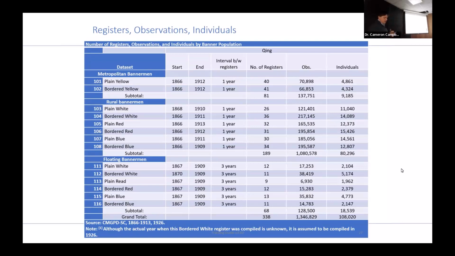I don't think the data is further organized by the banners, which this could turn into a Qing history class if I'm not careful. But the military organization, the conquest army that formed the Qing dynasty, had eight banners, as they're called: plain yellow, bordered yellow, plain white, bordered white, and so on, that the Manchus and then the Mongols were organized into. Affiliation with these banners had some implications, especially with the plain yellow.